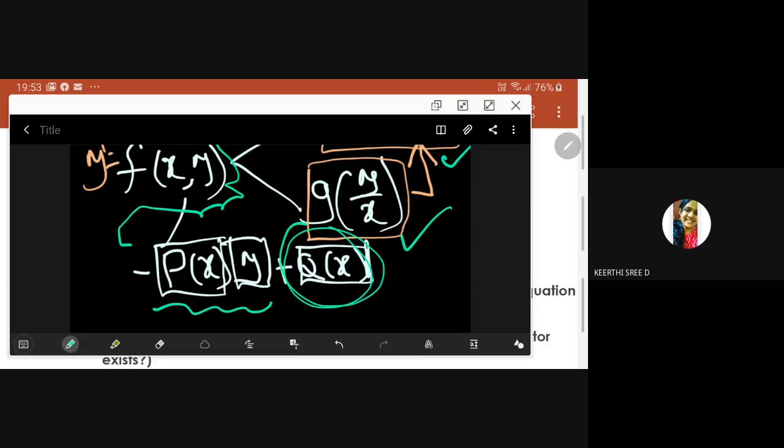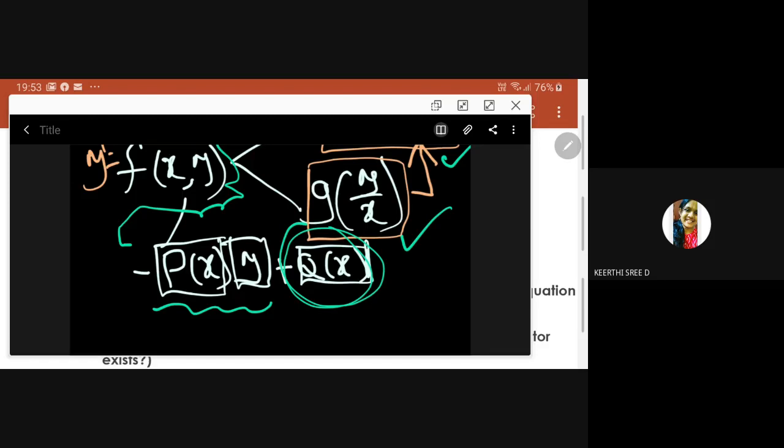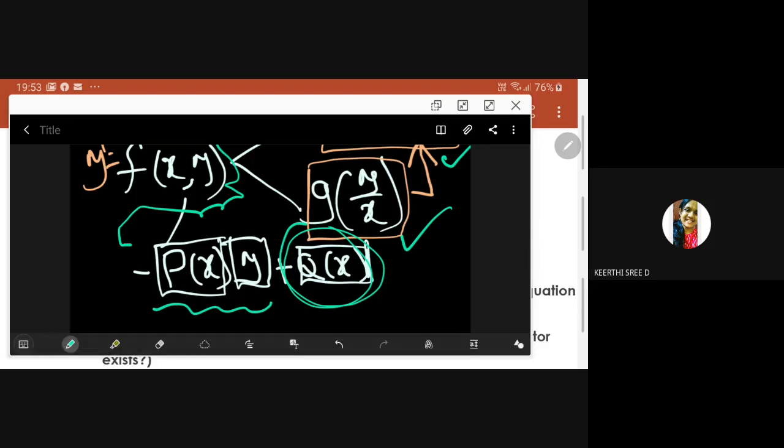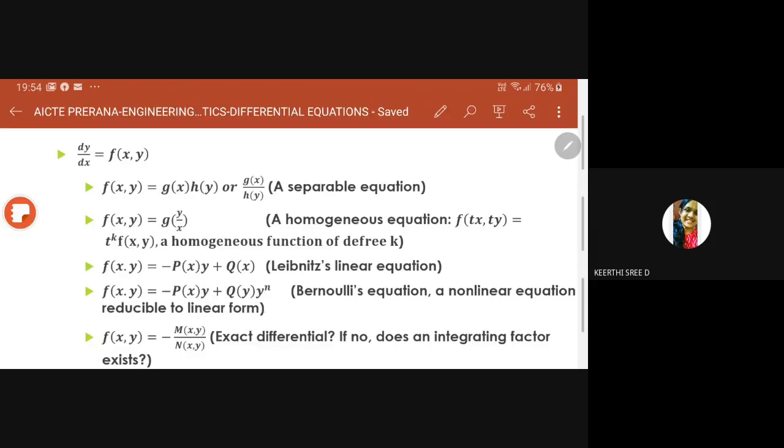Plus sign is there. And in the next level, what we are saying is that this is a linear one. And in the next level, actually, if you want to speak, you put a power here. That is say k, y power k. So px into y power k into qx. So variable coefficients here. So that is Bernoulli's equation. A slight variant of the separable equation. Leibniz equation and Bernoulli's equation. Leibniz equation is a special case of the Bernoulli's equation with n equal to 1. Here q of y, it is not q of y. In the Bernoulli's equation, it is q of x. There is a mistake there.